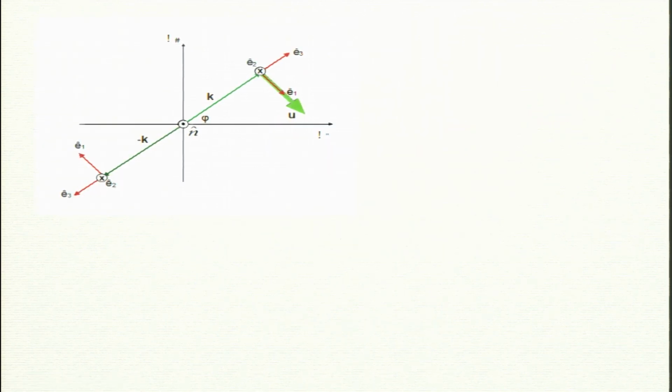picture. So now this is in the xy plane. So this is why it was a problem. It was not able to port this picture. So this is my vector k, and this is my vector u along that direction. Okay, along E1. But what about minus k? My E1 will be in that direction. Remember I said E1 is switching sign, and E2 does not switch sign, E2 is downward. We need E2, so please keep in mind. So I am going to make an example where I need E2, and E3 is of course changing sign. So this is under parity when you go from k to minus k.